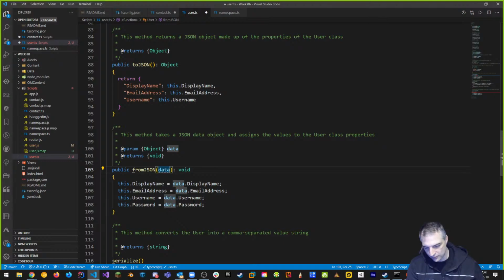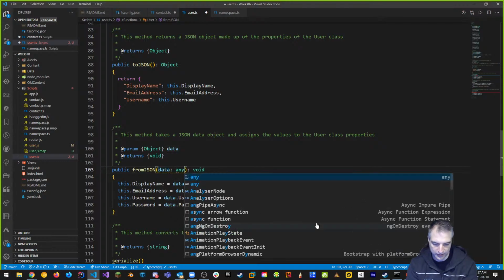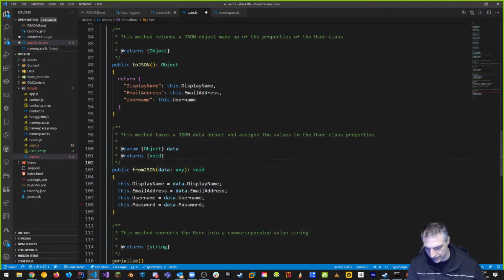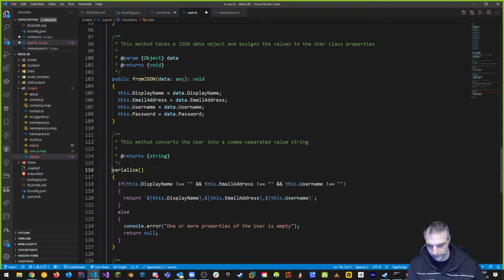We don't know what it is, but we're going to get display name, email address, username, and password in the JSON data. Again, we don't know what it is, so I'm just going to put any to silence it for now. We're going to come back later and fix this problem. But for now, we're just going to silence this so we can move on, get rid of our errors and continue. Public serialize is going to return string.